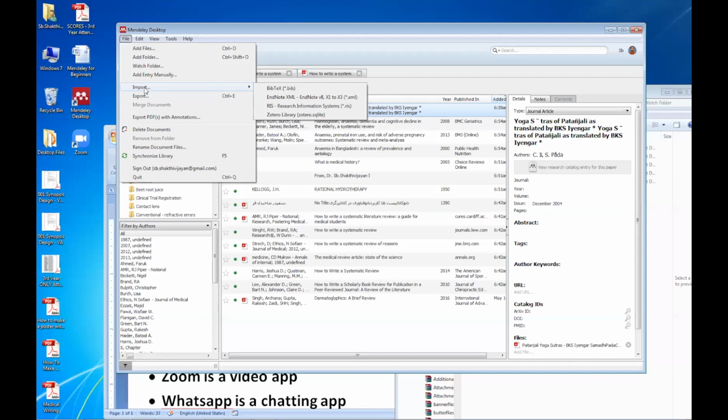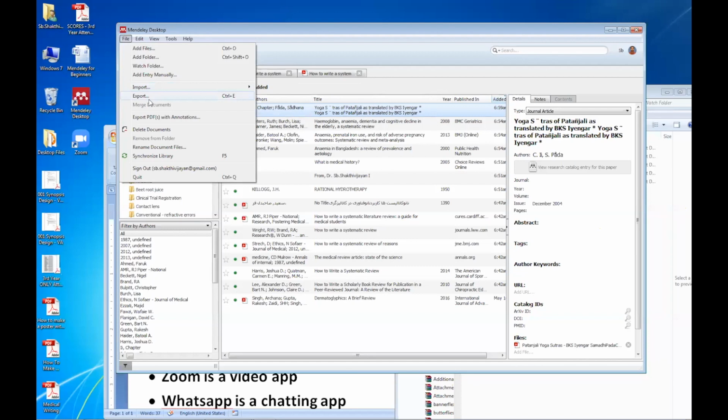Mendeley was started a few years back by a group of researchers. Before that, these were the softwares which were used for referencing. BibTeX. BibTeX is actually a very complicated software to use. EndNote is like a Word document. Zotero is also like Mendeley. It's the recent one. But Mendeley has much more advantages than Zotero, though I prefer Mendeley. Zotero gives only 300 MB of space, but Mendeley gives 2 GB of space to store our PDFs. So I think Mendeley is very useful. And Mendeley is also like a social networking site, and it has many more advantages.